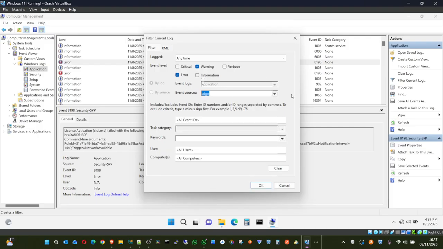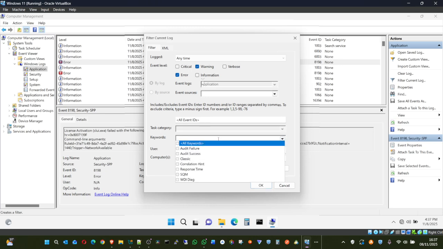But if I'm not specific, I'll leave it this way. Even if you are very sure of the event ID, for example, 8198 is an event ID for a particular set of events. You can also put all event IDs in there, or a particular keyword. Maybe you want to know what things are failing: audit success, audit failure.